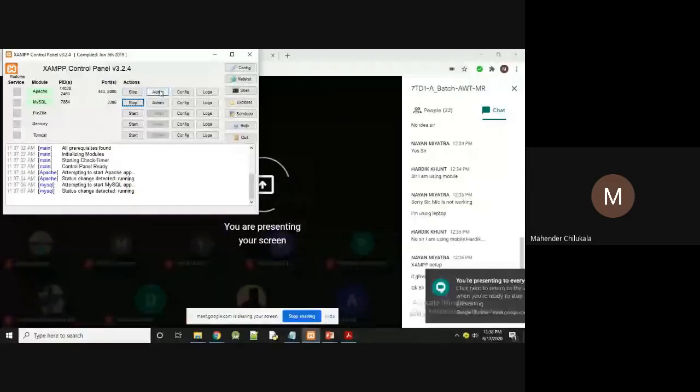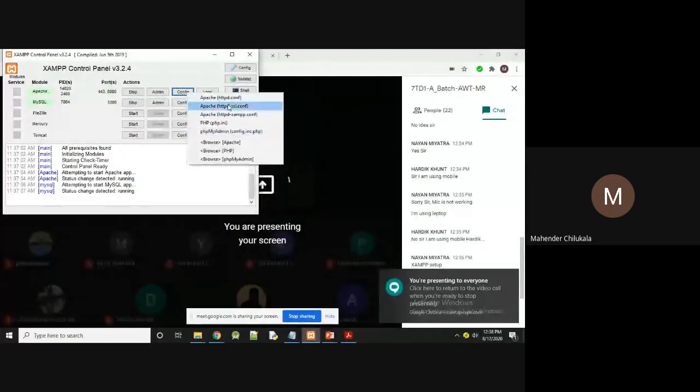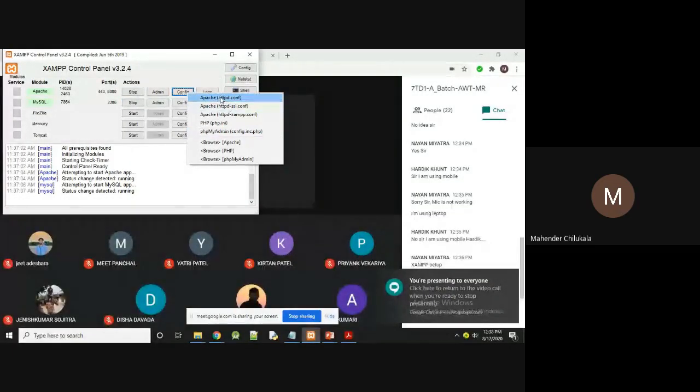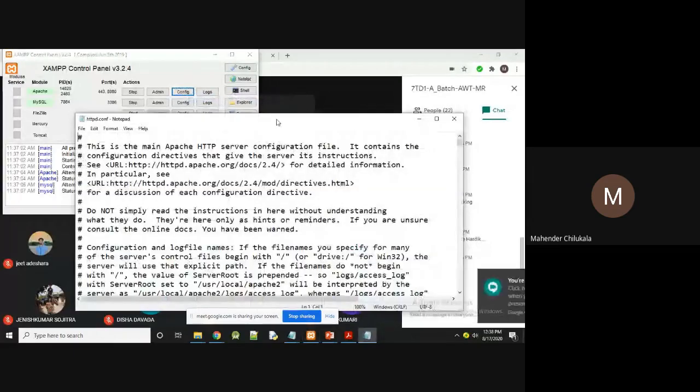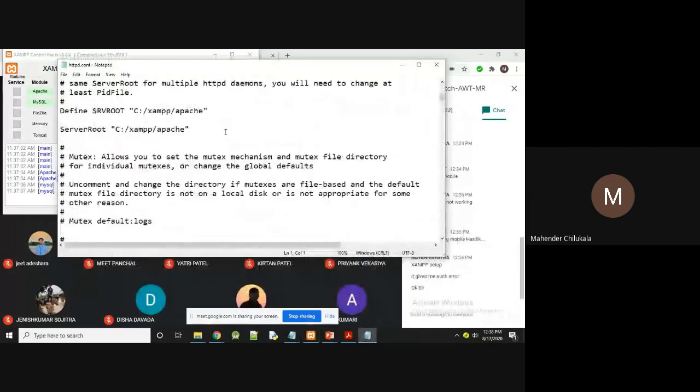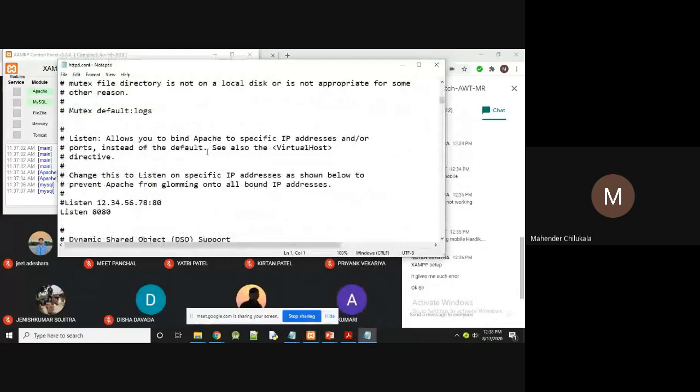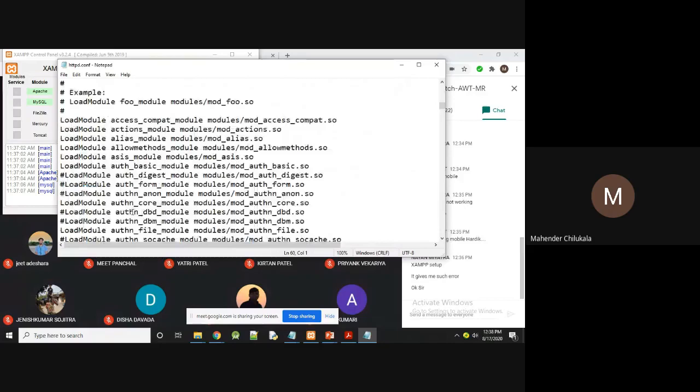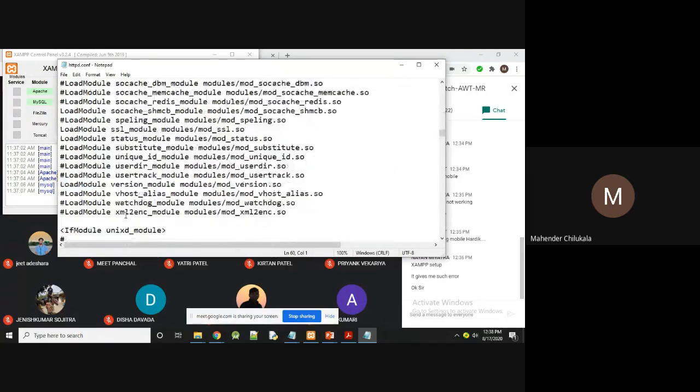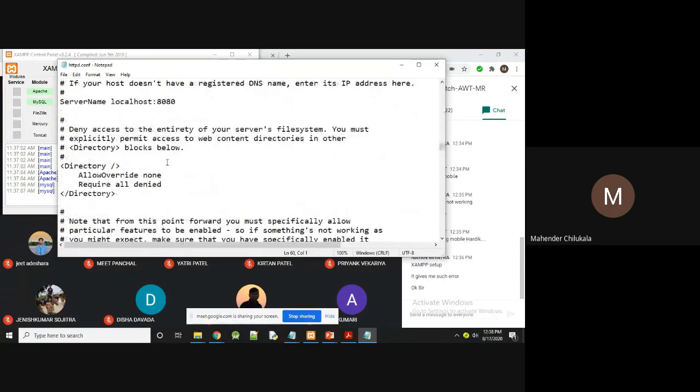In XAMPP, you have to go to config. Here, you have to put listen 8080, and one more place also you have to write 8080. Here, server name localhost 8080.